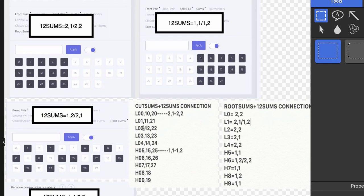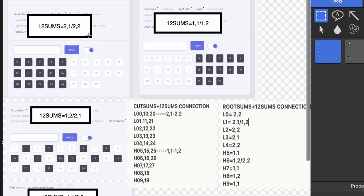Now we're going to look at the 1-2 sums here, and this is the cut sums. And I want you to look down here at the cut sums. You see where it says cut sums plus 1-2 sums connection? Well, if you look at the figure I have up here, which says 1-2 sums equals 2, 1, 2, 2,